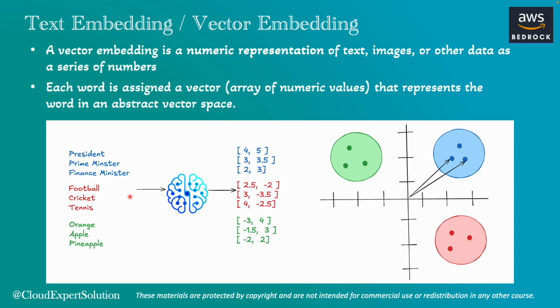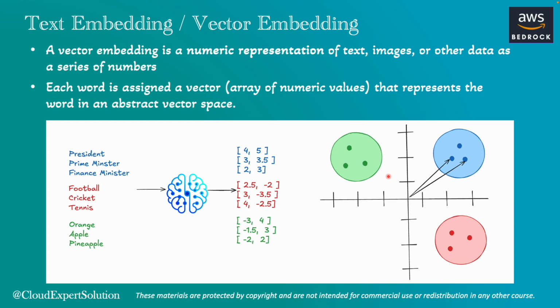When these words are fed to the LLM model, it creates the vector representation, nothing but an array of numeric values. And let's assume these are our vector representations. Now, if you plot them in a two-dimensional plot, it will look like this. President, Prime Minister, and Finance Minister will be in this coordinate, whereas games like football, cricket, tennis will be in this coordinate, and orange, pineapple, apple, the fruits, will be in these coordinates. That means words that are semantically similar end up close together in a vector space, allowing vectors to encode meaning